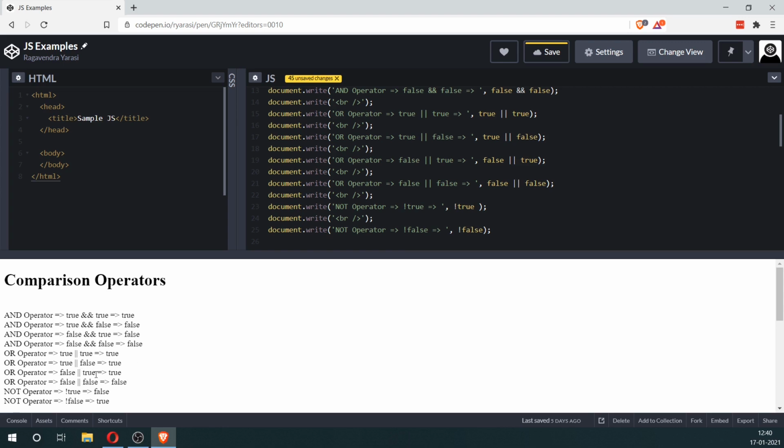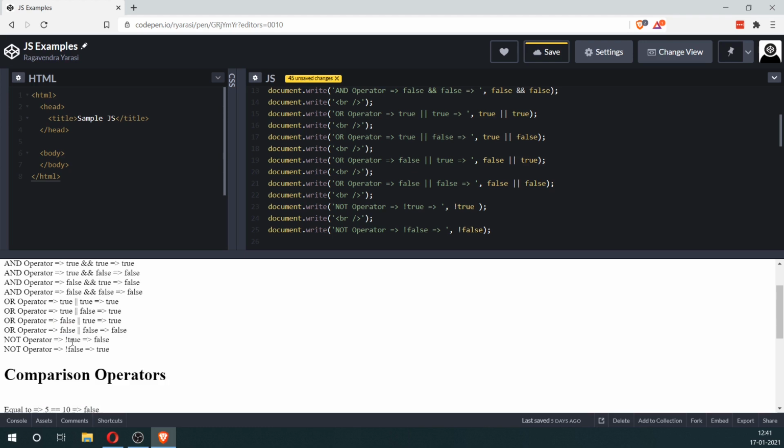Now moving on to the OR operator, here you see that the first one, true or true, results in a true. True or false also results in a true. False or true also results in a true. The only condition where it results in a false is when neither of the conditions is a true. So it's actually not very difficult to understand. Or simply means that one of them has to be true. And this is the only case where neither of them are true. All the other ones get a true value.